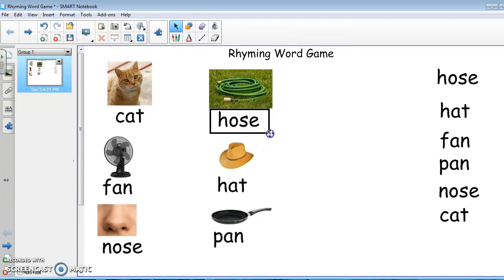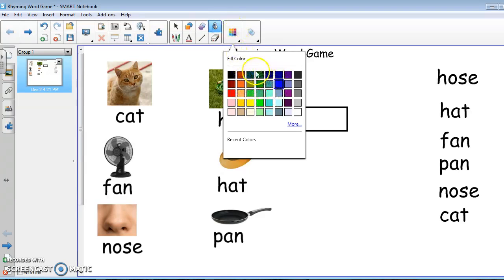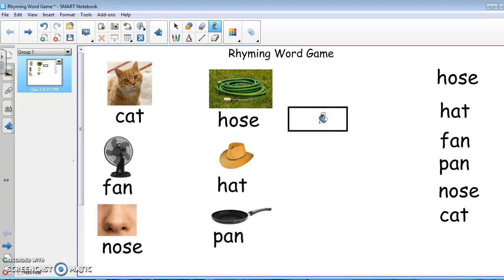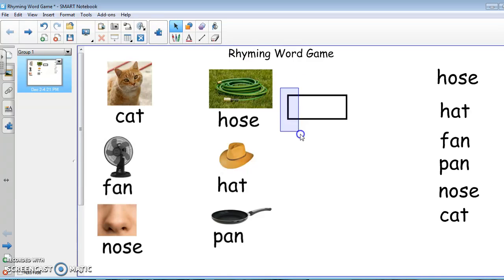And I want to take this shape rectangle out here because I want to use this paint can. I'm going to click on that and it will show me the colors that I can fill in the center here. I could choose blue, I could choose black, red, any of the colors. I'm going to choose white and then click it in the box, and then we'll see if it has changed to the color white. Still on the paint can, so I'm going to go to the reset button and move it to see if it covers. It covers the word,